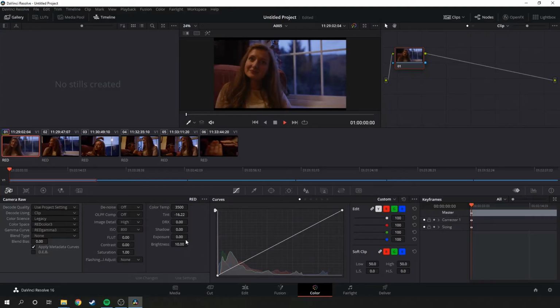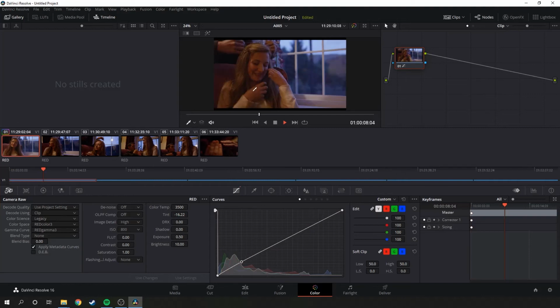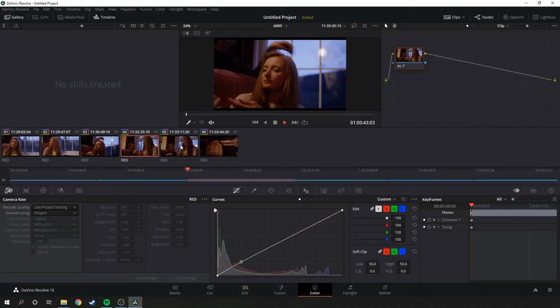and what you'll see is that it doesn't really create that much noise. If you were doing this with a file that had all this darkness baked into it and you brought up the brightness, it would introduce quite a bit of noise. That's why it's an advantage to use raw recording formats. Right, I think that'll do for what we've got, and now we can apply these settings to the rest of the clips. If you use the equal sign, it will apply the grade from the previous clip. So as I go through, equals, equals, equals, equals,